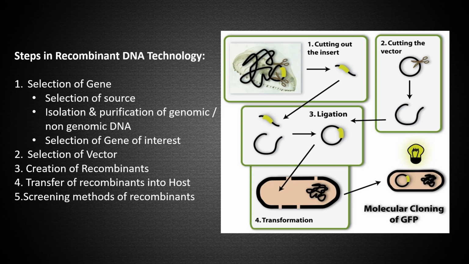We transfer our recombinants into host, that is, we introduce our rDNA molecule in bacterial cell by using some techniques such as electroporation or using viruses, etc. We get 3 types of colonies: non-transformed bacterial cell without any change, transformed bacterial cell with unaltered vector, that is without our gene of interest, transformed bacterial cell with recombinant vector. To select and identify transformed cells, we perform screening methods such as blue-white screening technique.